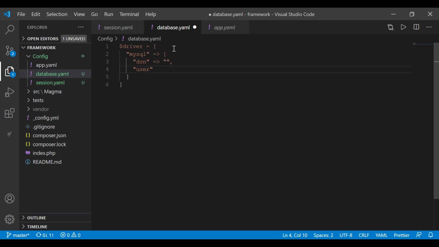Contains the username, and the password, right? So that's one item in this driver array. To add a second item, I'm going to do a comma, then PG SQL,